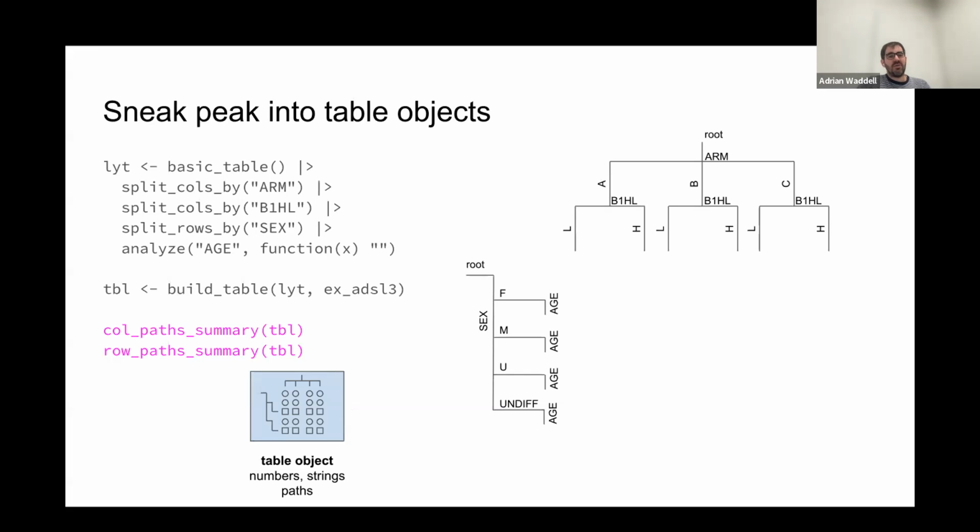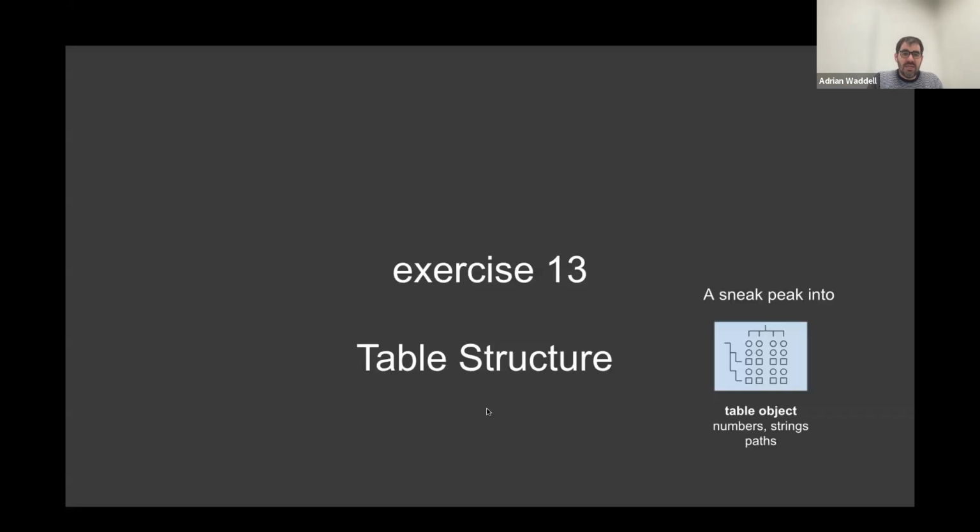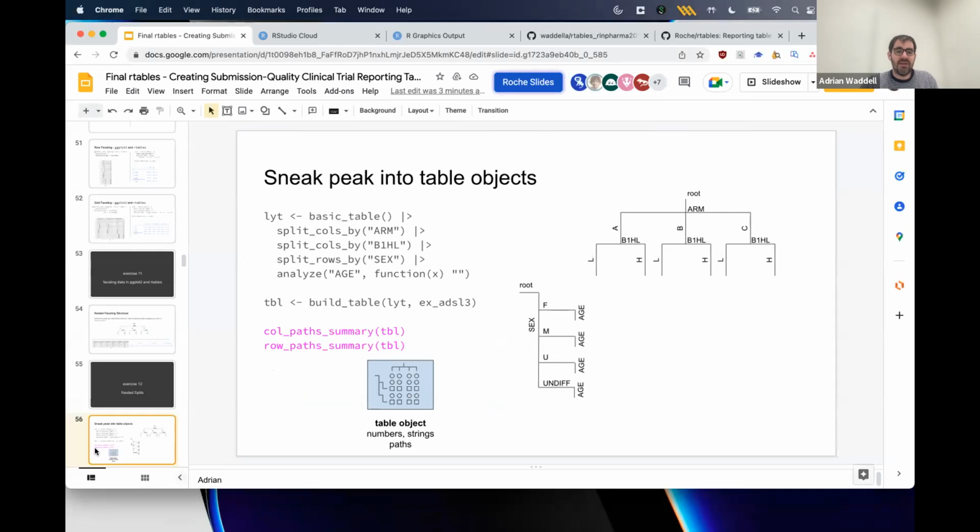And so one quick thing when we show those tree structures visually, there are actual tree structures. So we have a little sneak peek into the table objects, so that you can see that we truly preserve that information of where things derived and what's the logical order of essentially nested splits. And to this one, I will quickly run through the exercise. This is a sneak peek. Now this is the table topic. We're still in layouts, but